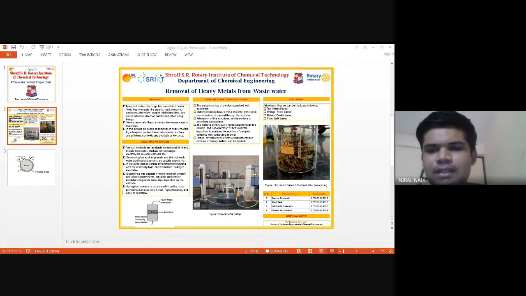Then we dried the whole sample for 24 hours in the SRCT laboratory facility, and you can see in the figure that it is completely dried and the sample is ready to use as an adsorbent. This is the process by which we made the tea waste based adsorbent. The other three are shown by name in this poster. Then we are going to compare all the data generated for the adsorbents, and this whole sample will be collected and taken to Bale